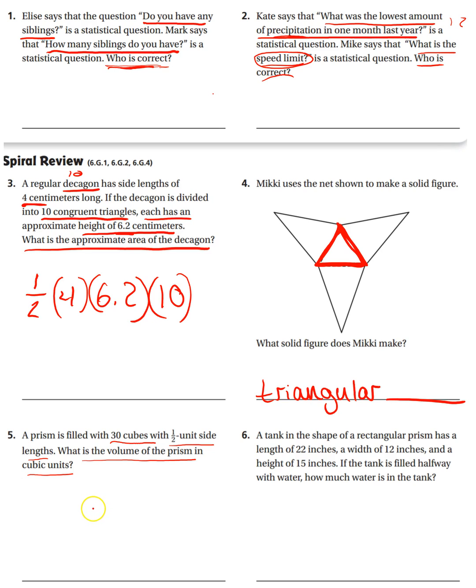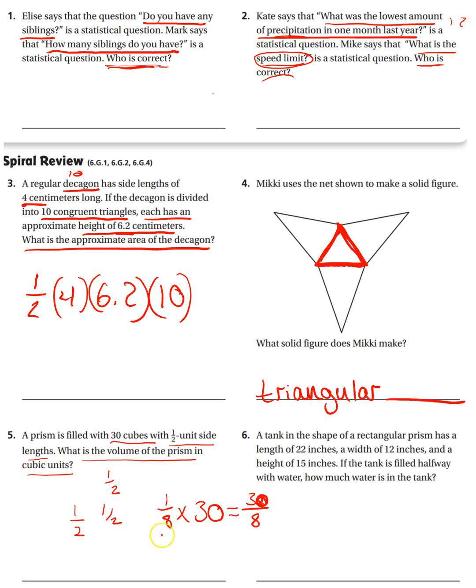Okay, let me think. So each of these cubes is going to be 1/2 by 1/2 by 1/2. So each of those cubes is going to be 1/8. And if we multiply, it's going to have 1/8 cubic units times 30. That's going to be 30,